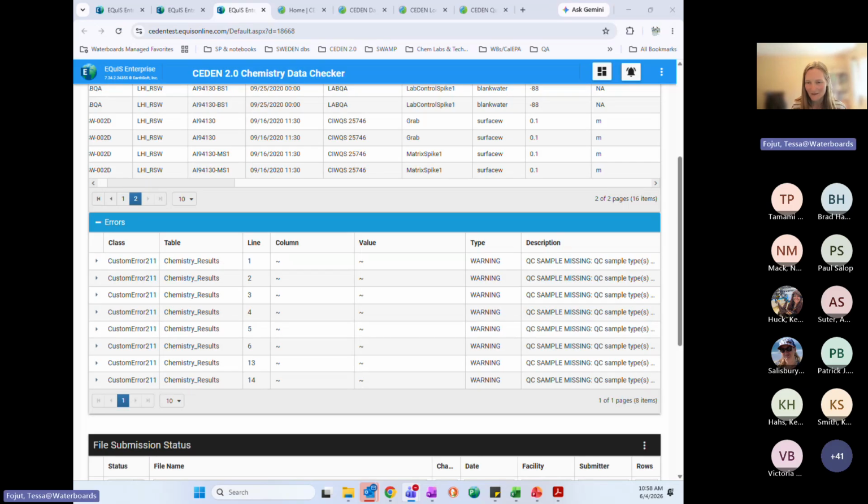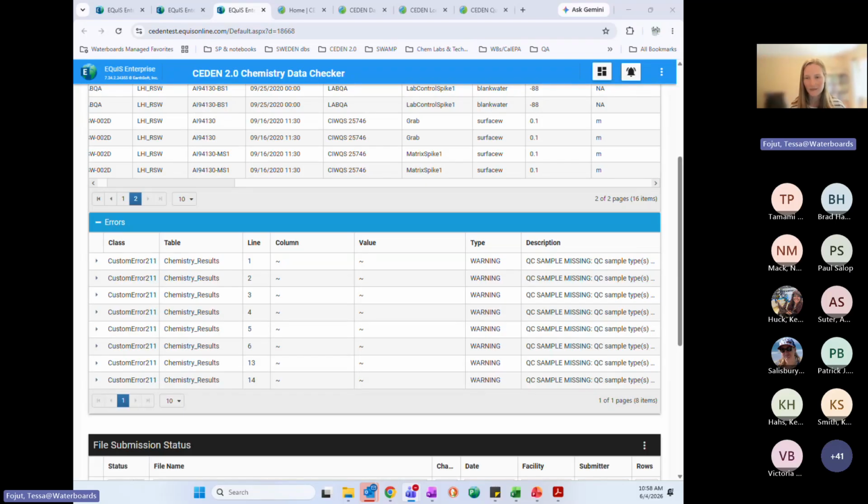Okay, Tamami asked, is this intended for the lab to upload files directly, or would the lab just be using the checker tool? Would labs need to register for the checker only? So this system could be for anyone. It could be labs uploading directly if that's what the client is requesting, or you would have to create an account and register if you just wanted to check it and then send it to your client and they actually submit it.